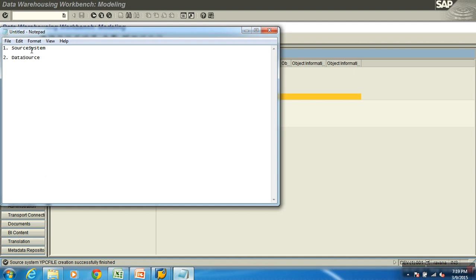So data source will tell me from where the data has to be extracted, and from that place, what fields to be extracted from the source. For the source I use the word fields; when I refer to the same thing in BW, I use the word InfoObject. So data source will define from where the data has to be extracted and what fields to be extracted from the source.